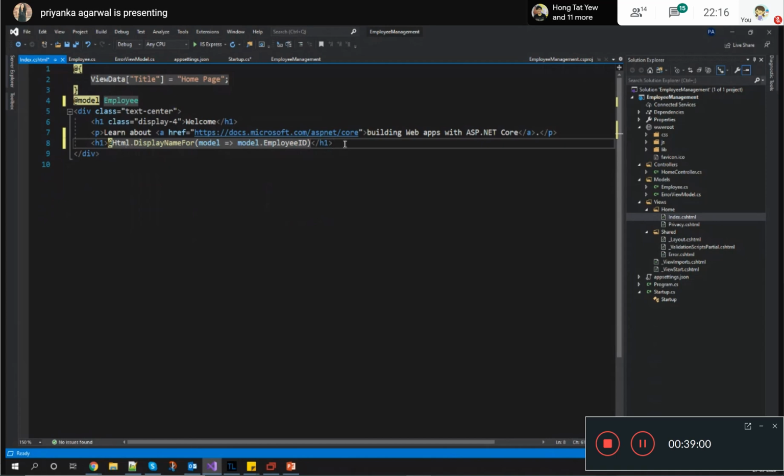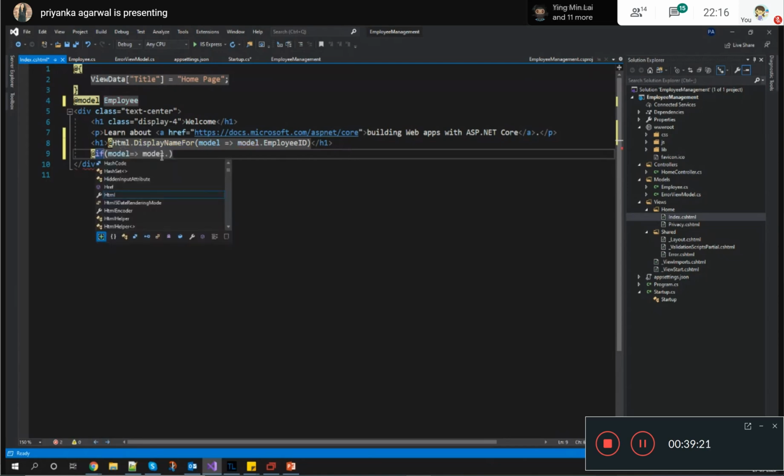So I want to add, in fact, a very interesting thing about views, I can also add conditions over here. So I can use if else also. So if I say if at your model dot, sorry, model dot employee,